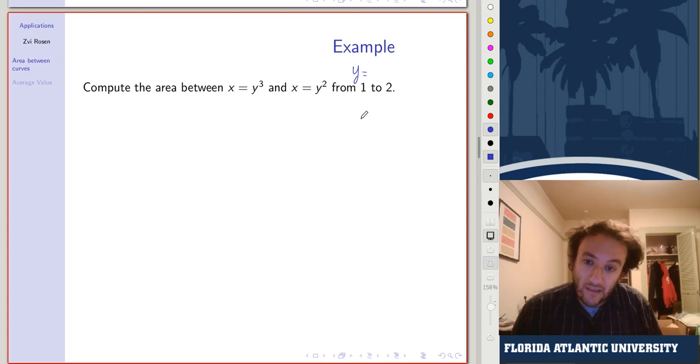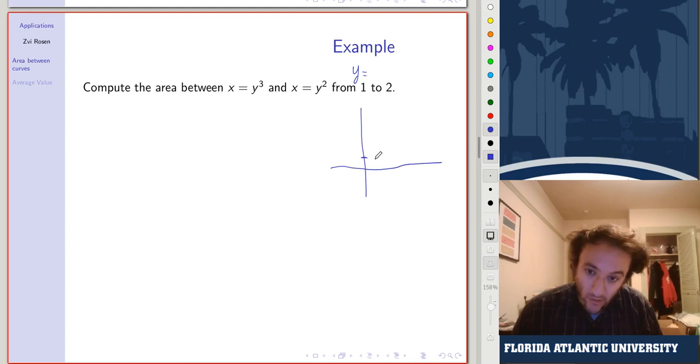Then what we're looking at is, well, we know that when y equals 1, y squared, well, let's start with y cubed. So at 0, it's 0, at 1, it's 1, and at 2, it's going to be 2, 3, 4, 5, 6, 7, 8, all the way out here. As for x equals y squared,